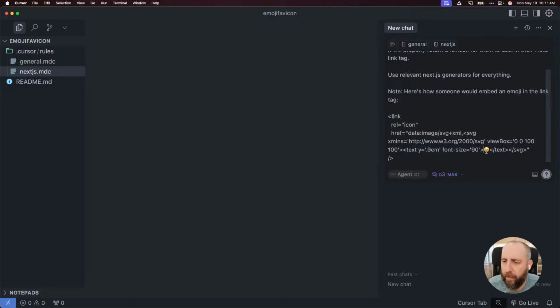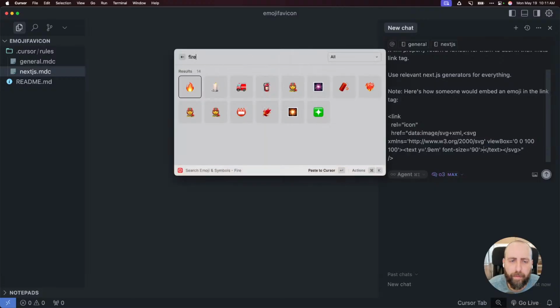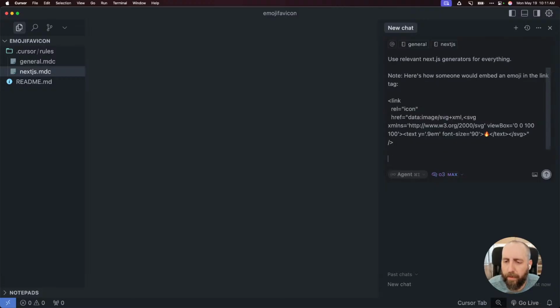Let's keep it as the fire one. But we want users to just be able to do